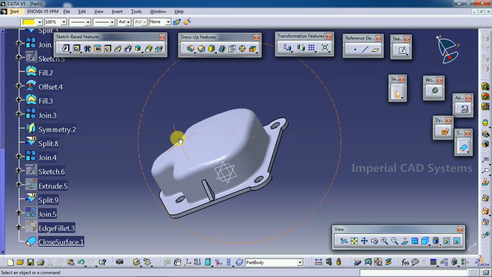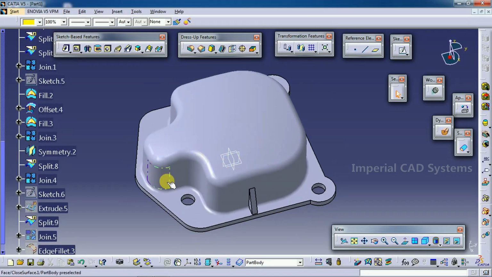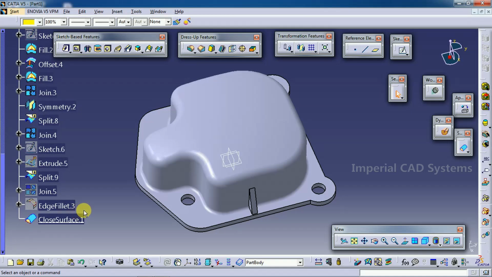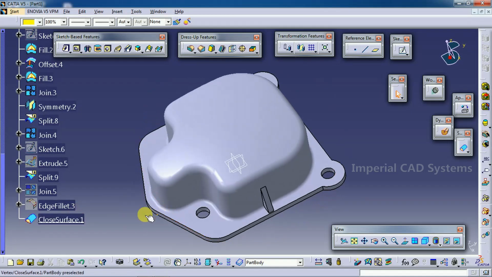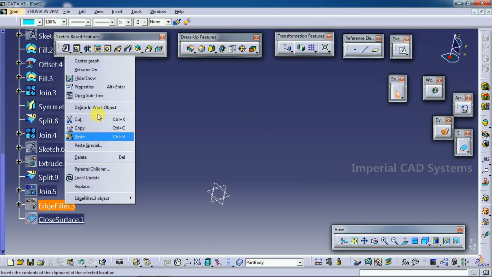Transparency 100%. See, this is a solid which we got from surface. So generating offsetting surface, and we applied close surface. Like this we need to use the surface options to create this part. I hide solid and I keep